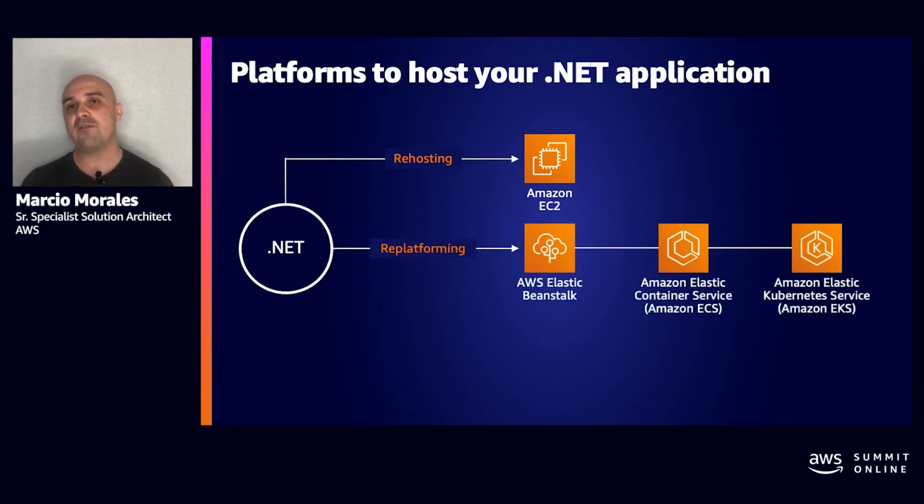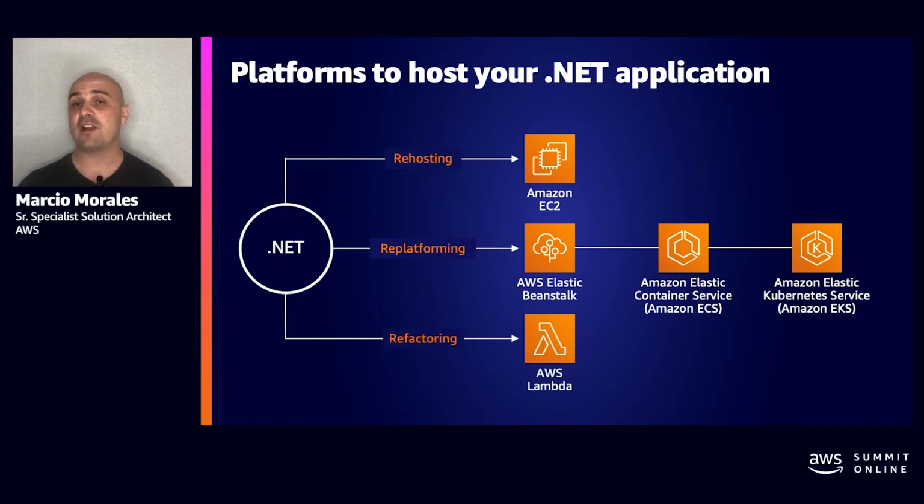However, if you want to have a re-platform approach, you can use AWS Elastic Beanstalk and deploy your app on top of Amazon EC2 instance, which is managed by the AWS Elastic Beanstalk service. Or if you want to containerize your .NET application to run on Windows container, and then the orchestrator for this Windows container can be Amazon Elastic Container Service, ECS, or Amazon Elastic Kubernetes Service, Amazon EKS. Or you can even refactor your app to run as a serverless solution on top of AWS Lambda.